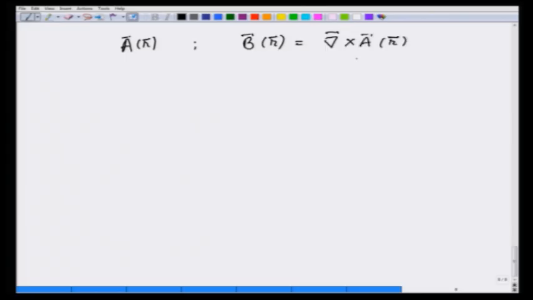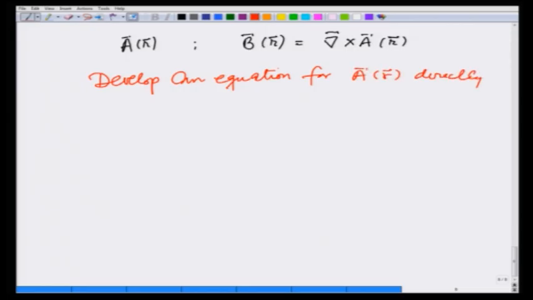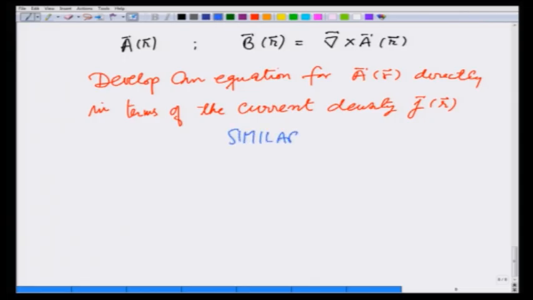What we want to do in this lecture is develop an equation for the vector field A(r) directly in terms of the current density J(r), something similar to Poisson's equation